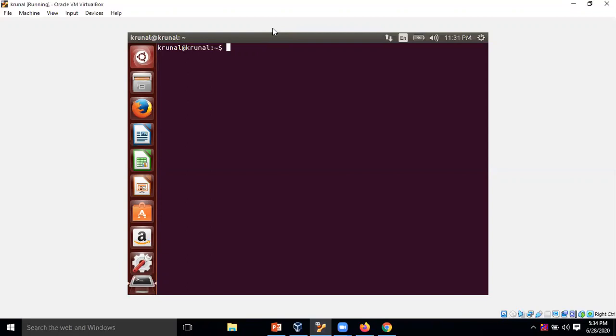Cat stands for concatenation. Cat command is basically used to create normal or ordinary files. So cat is basically used to create ordinary, or you can say normal, files.